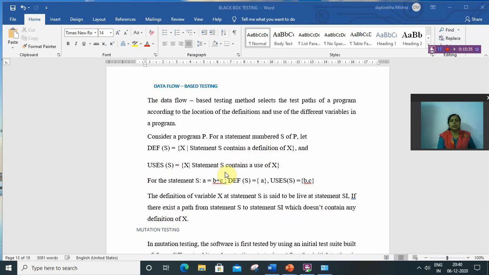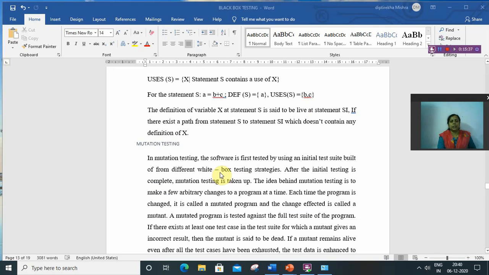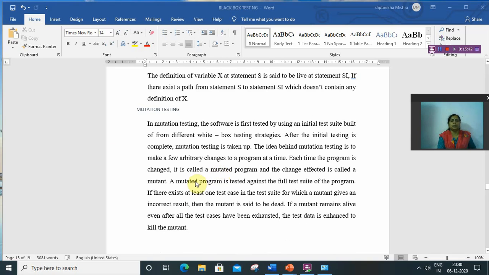Then the last testing is mutation testing. Actually, after all the testing is done, then the programmer does mutation testing. Mutation testing means the programmer intentionally introduces an error or changes the program and checks the test cases.